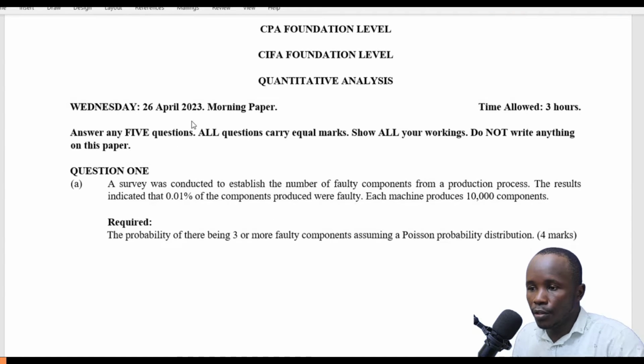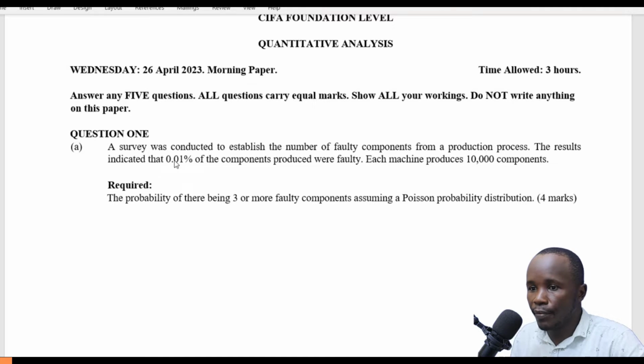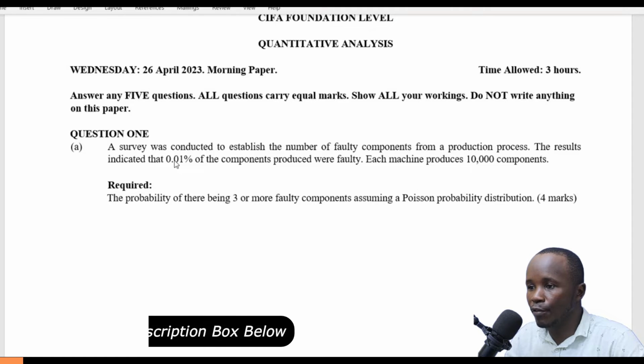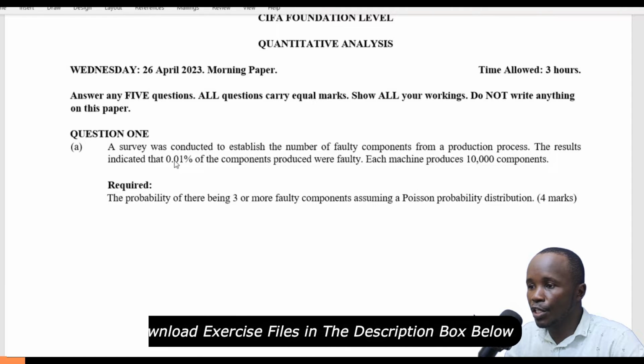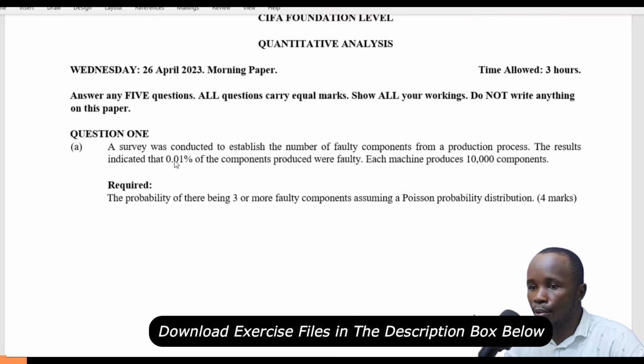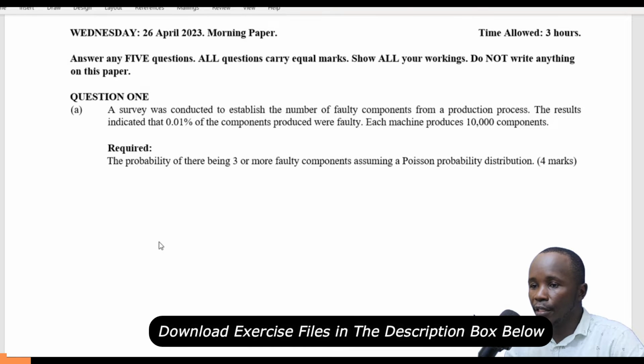In this question, we're going to look at the whole of it, and we begin with part A, which reads, the survey was conducted to establish the number of faulty components from a production process. The results indicated that 0.01% of the components produced were faulty. Each machine produced 10,000 components. Required, the probability of there being 3 or more faulty components,